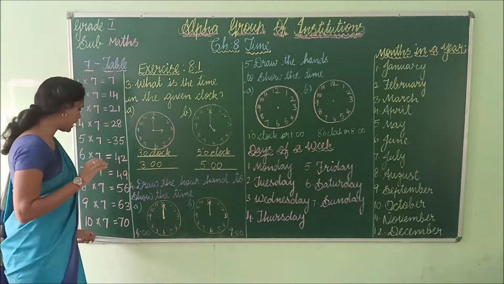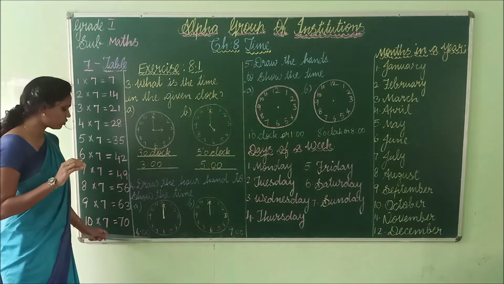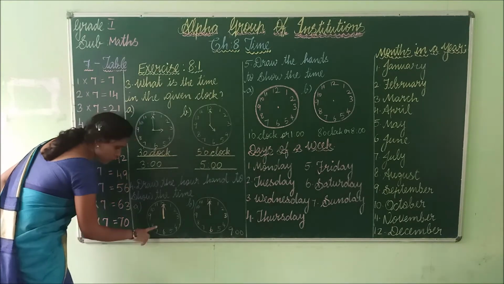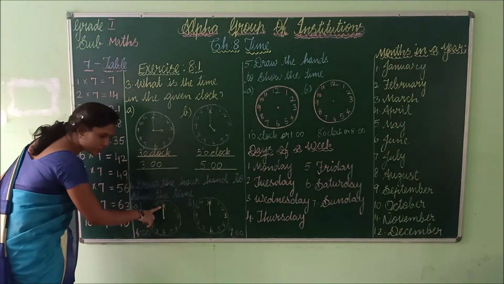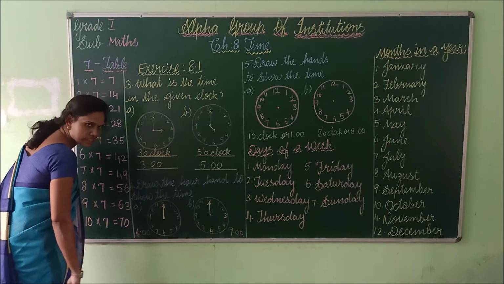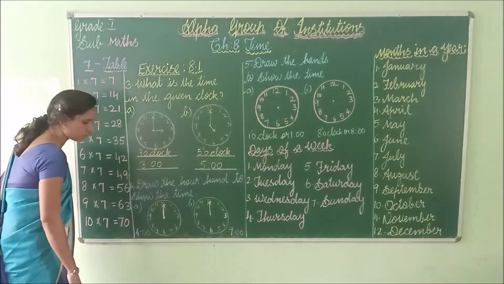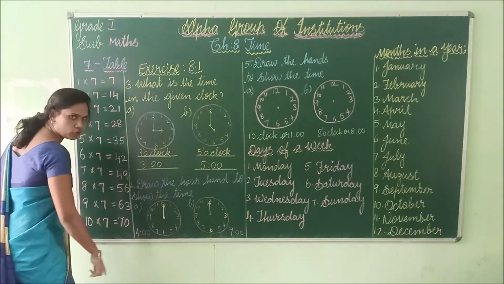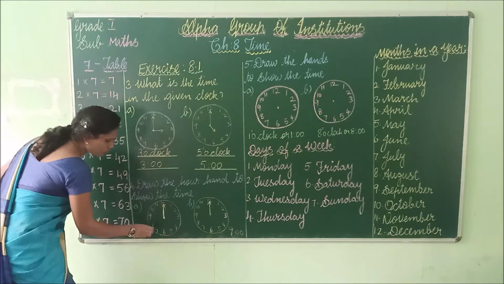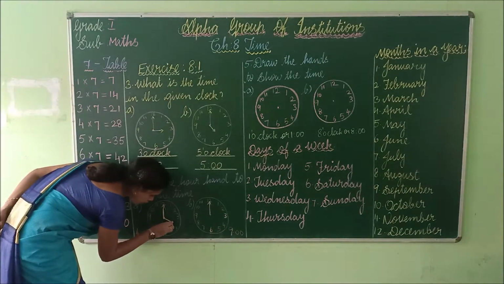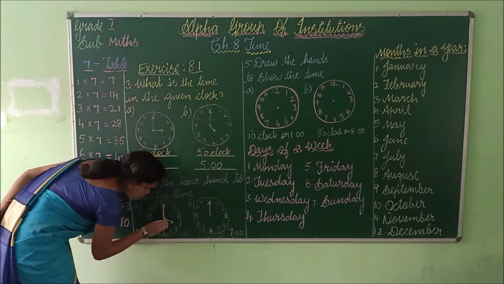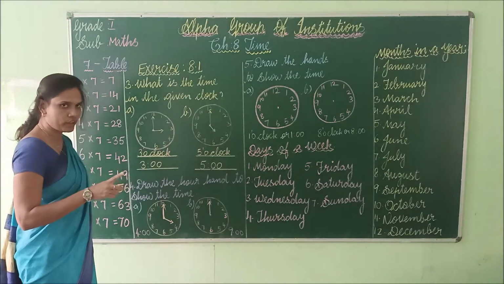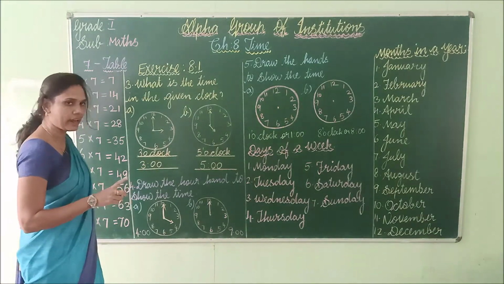Okay, see what is the time here they have given? 4. Okay, 4 o'clock. So the minute hand should be in 0. Already it's given in the 12. That is 0. Okay, so where the hour hand should point? It should point 4. Okay, because the time here is 4. So the short hand. Okay, you should draw short. Okay, there is a difference between long hand and short hand. You should draw short hand.